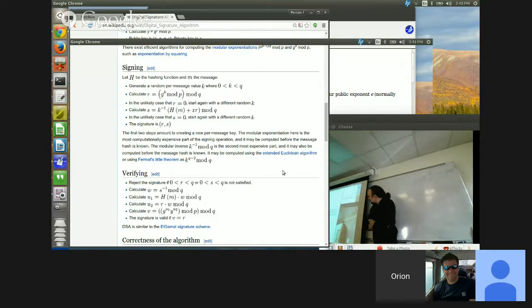So we switch fields, and I'm really amazed at seeing how these things tend to work. It turns out you can implement DSA with an elliptic curve. The result is called ECDSA, elliptic curve DSA. And then the trick is that instead of doing exponentiation,